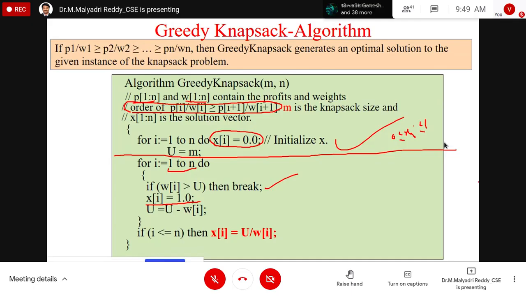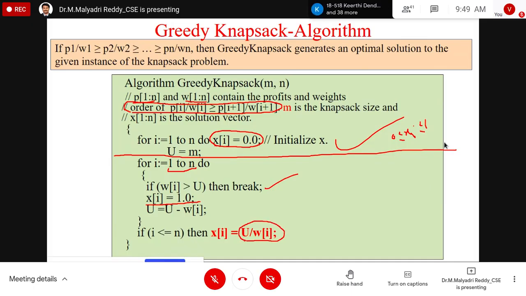Okay. Then, as we have taken the maximum value in u, we keep on decreasing as we add the elements. The included weight is subtracted from the capacity of the bag. How much is available, to check this one, right? Yes, sir. Okay, right. Same process is repeated until complete. Yes, sir. Okay, what about this one?